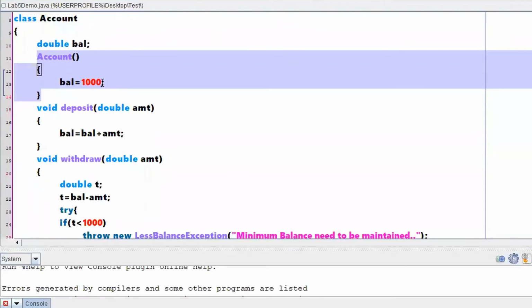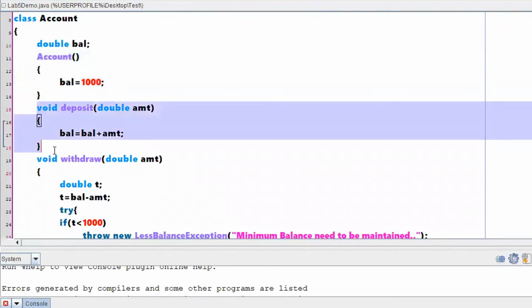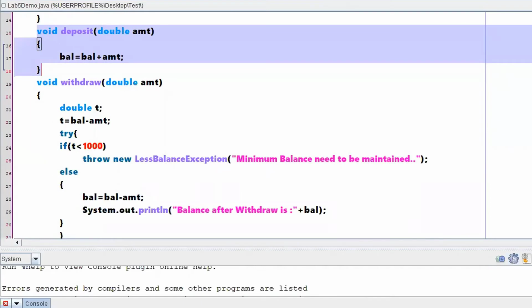This is the constructor with respect to account class. Then with respect to deposit, whatever amount you are going to pass, I am adding that amount to the previous balance, right?